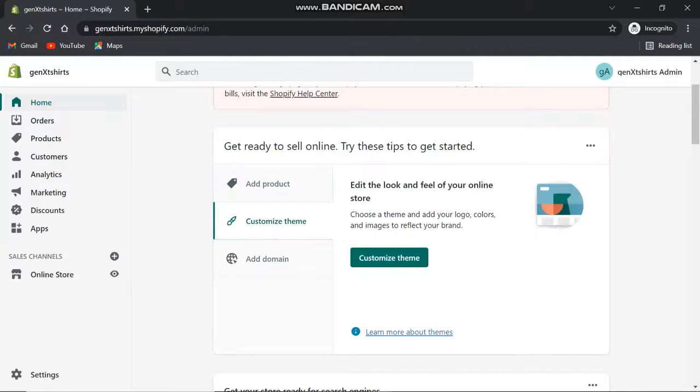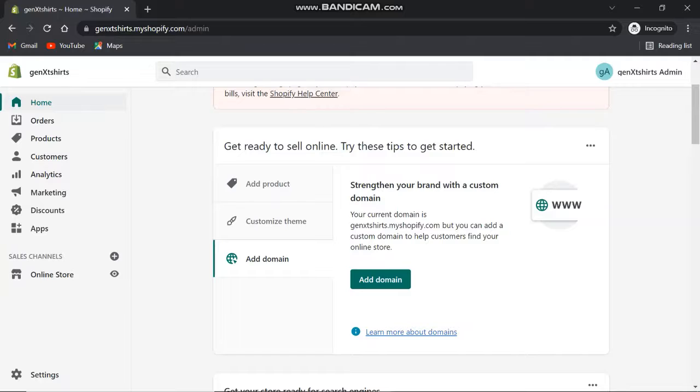And customize theme is where we will edit the look and feel of the online store, like carousel images and different sections of a single particular page. Suppose a different section in the home page and everything. So we will edit those from this customize theme option.